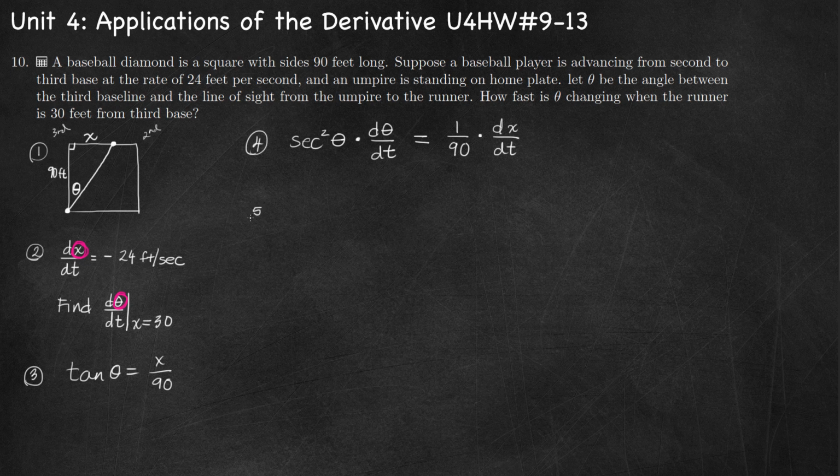And now we'll move on to step 5, where we substitute in all of our known values and solve for our unknown. We're trying to solve for d theta dt when x is 30. Let's go back to our picture. When x is 30, so at x equals 30, I have two legs of my triangle, the opposite leg 30, the adjacent leg 90. I can use the Pythagorean theorem to find the length